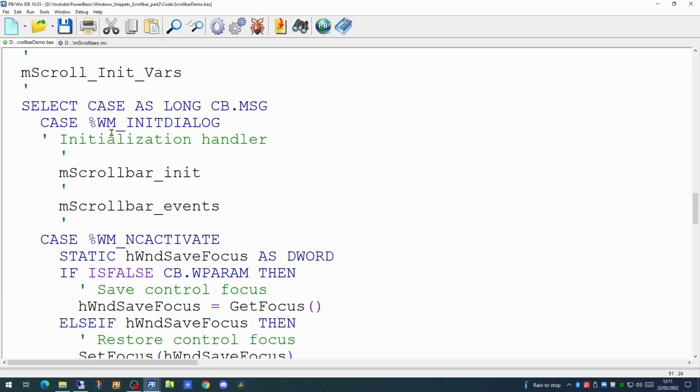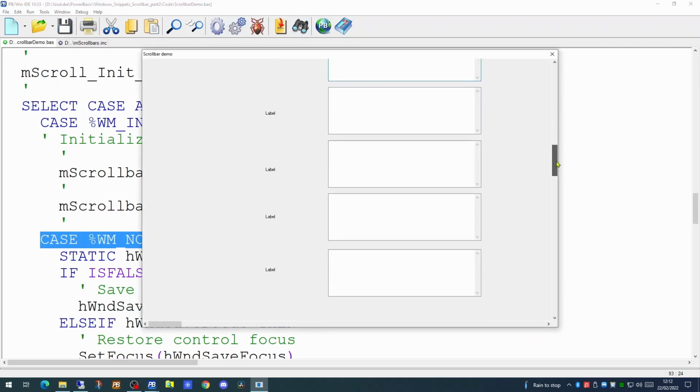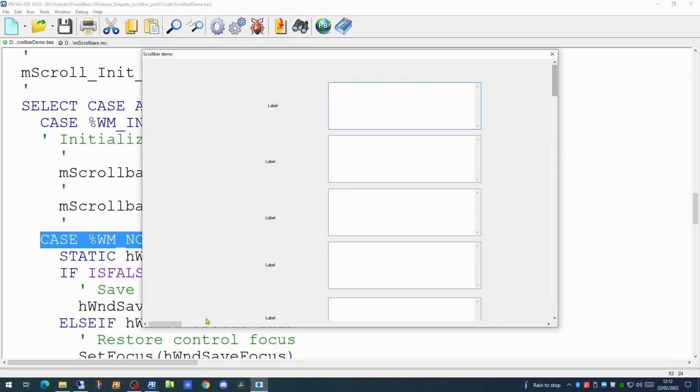This will appear at the end of the initialization because this is the beginning of all the case statements. So now that we have all three macros set up, let's try running the application once more. It compiles quite cleanly, and it still manages to scroll both vertically and horizontally. So we've managed to simplify the code in setting up a scrolling dialog.